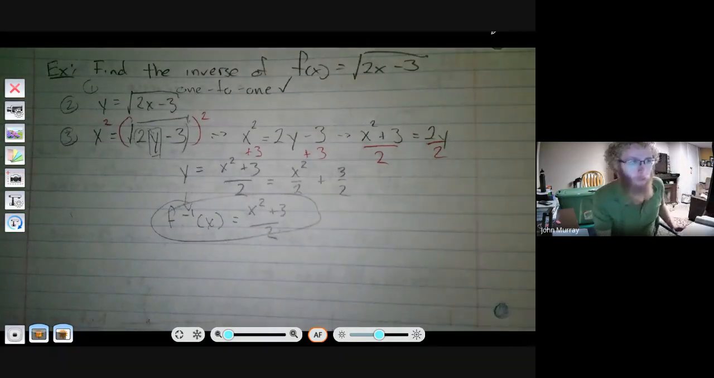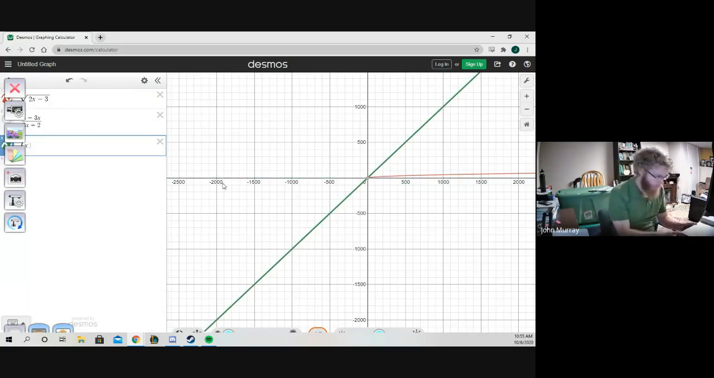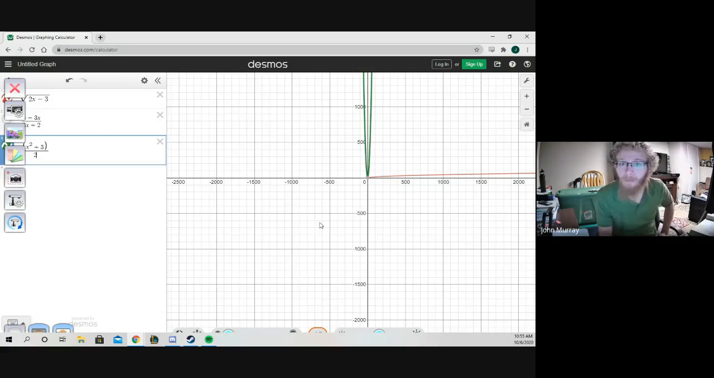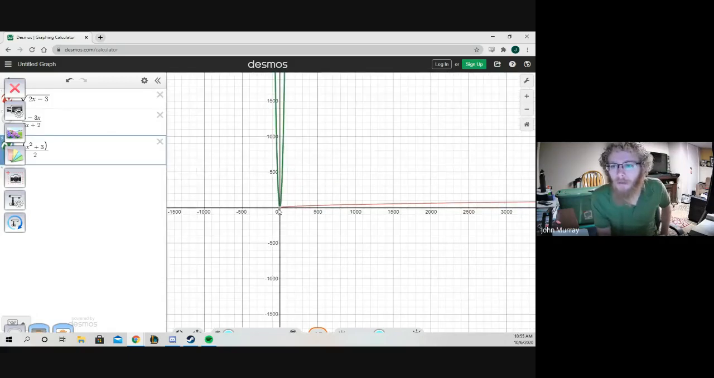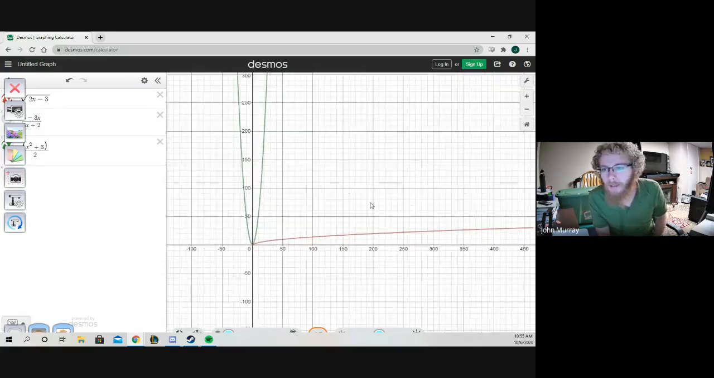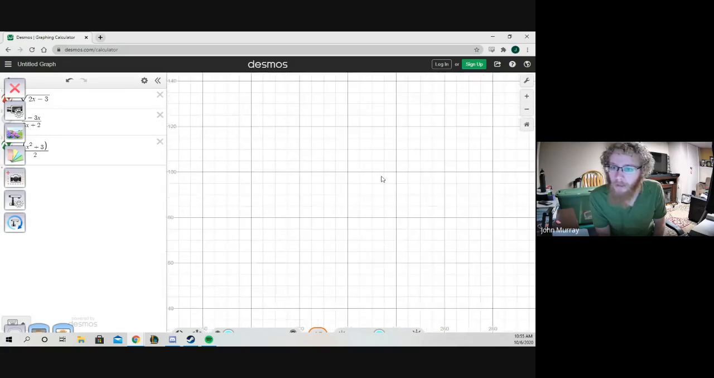So what I will do, though, is graph it. We have x squared plus 3 over 2, so I'm going to make a new function: x squared plus 3 over 2. Okay, so this is where I was talking about the x squared. Here we only look at the positive. So if I just look at the positive values,